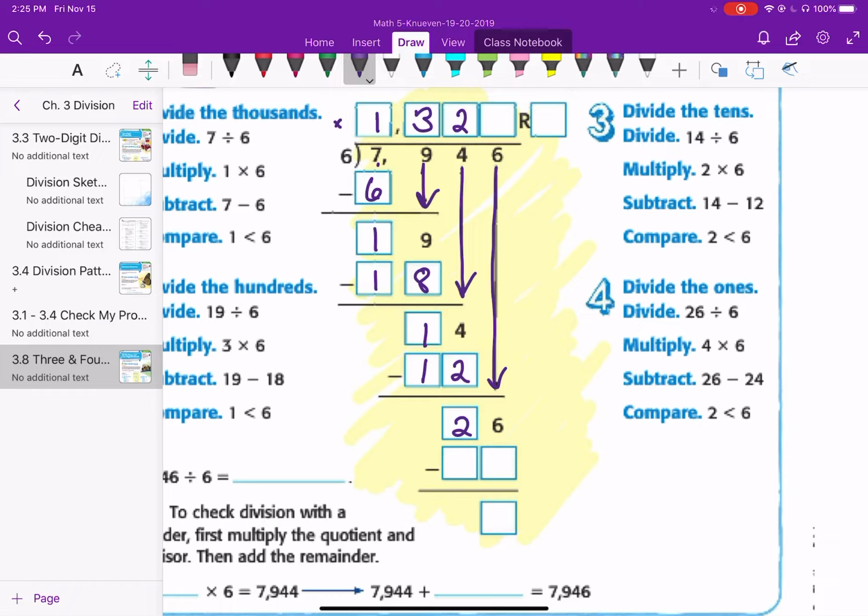So I bring down the 6. How many times can 6 go into 26 without going over? Well, I can do that 4 times because 4 times 6 is 24. I subtract and I have 2. Now, I don't have anything left in my dividend. So that means that 2 is our remainder, and I could then have an answer, a quotient for a division problem of